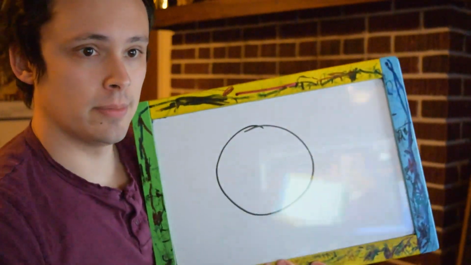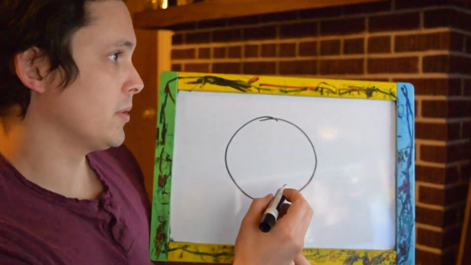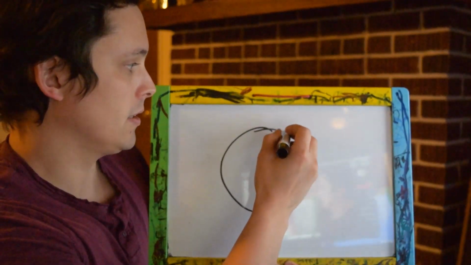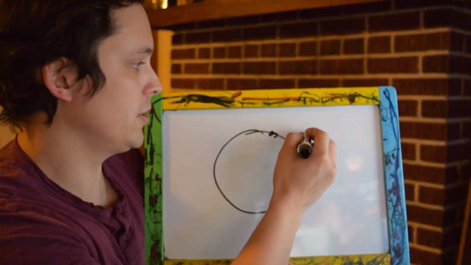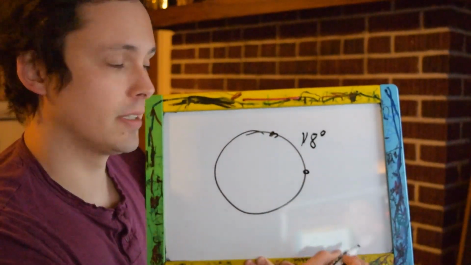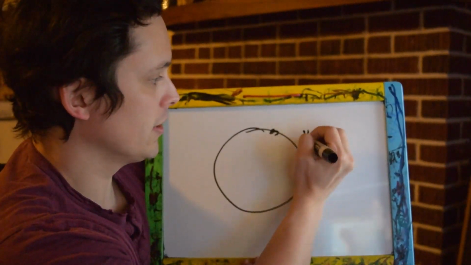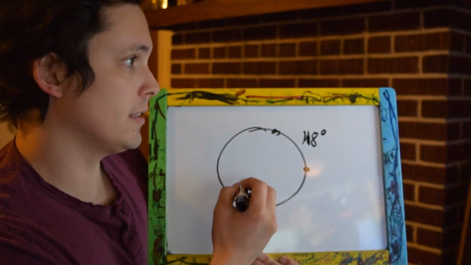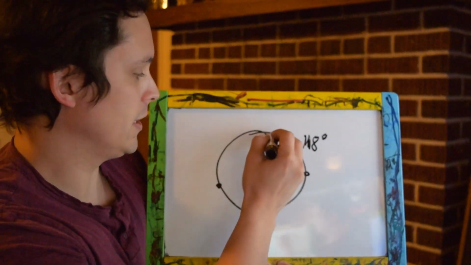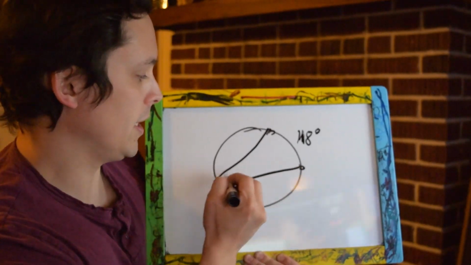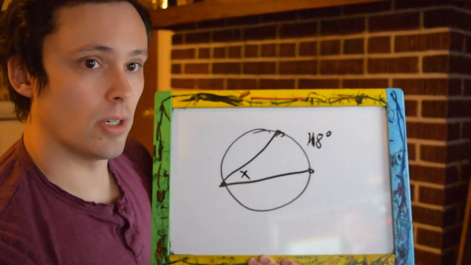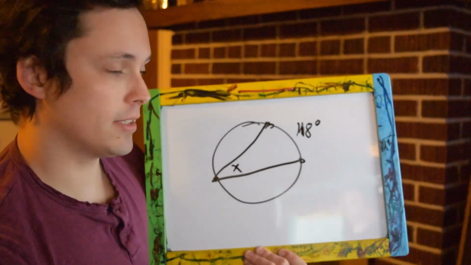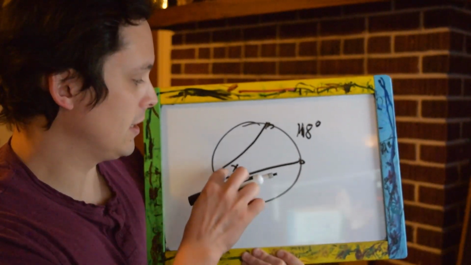Okay, so problems and solutions. So in A, we had a circle. It has 2 points with a 118-degree arc. And then it is connected to a point over here, and this forms an inscribed angle. And the inscribed angle is x. So the inscribed angle theorem that we learned is that